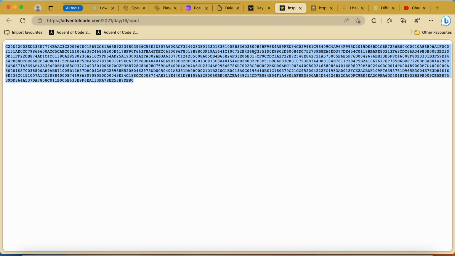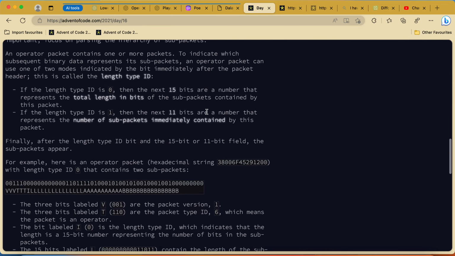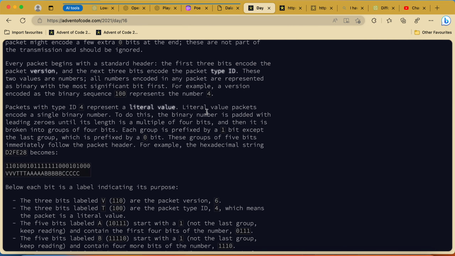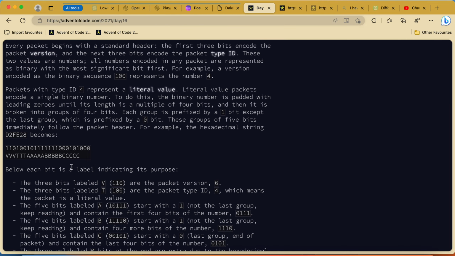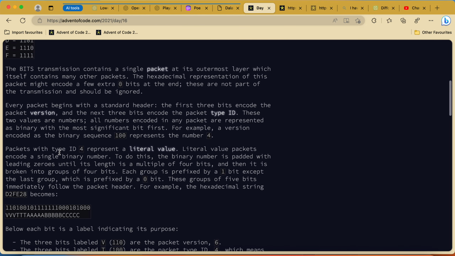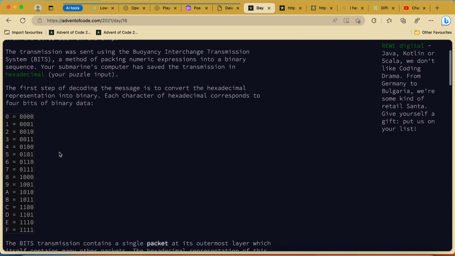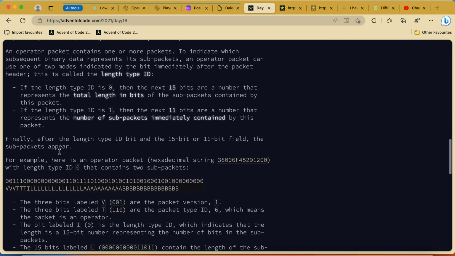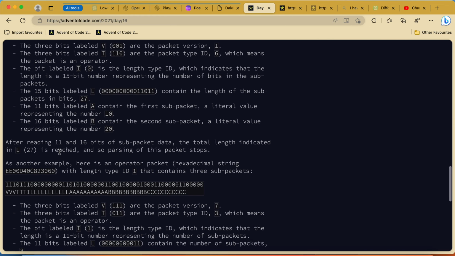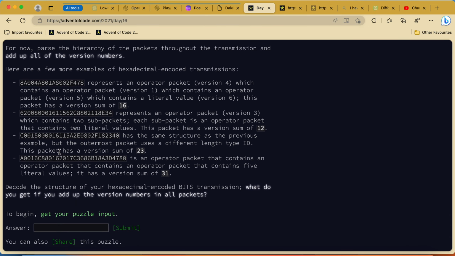And in my test input, let's start with something easy and simply have, do I have a hexadecimal example of the packet? Actually it seems not to have that.